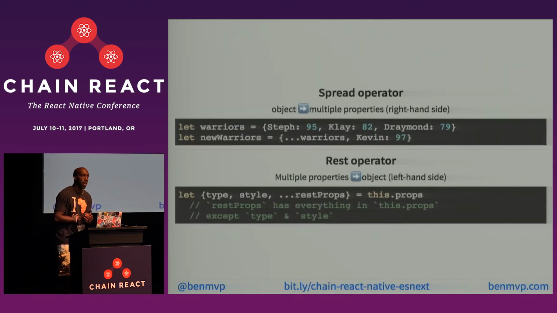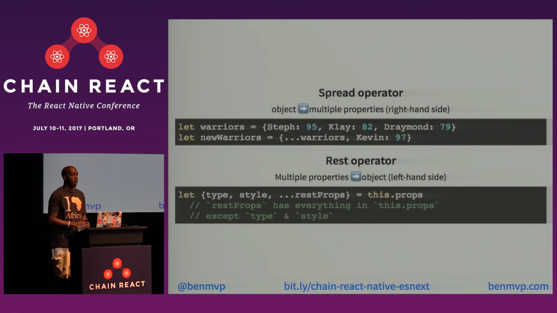Just to be clear, in case you were confused, the spread operator is three dots, and what it does is it takes an object and spreads it into multiple properties. So it takes this Warriors object and spreads it so that you can create a new object literal. And you use it on the right-hand side of an assignment.